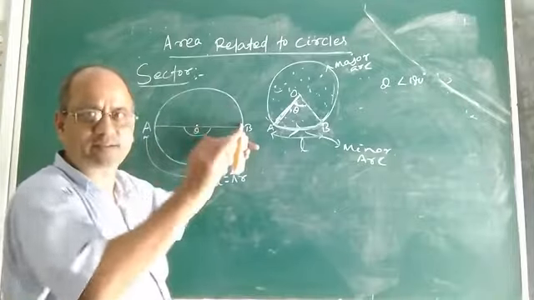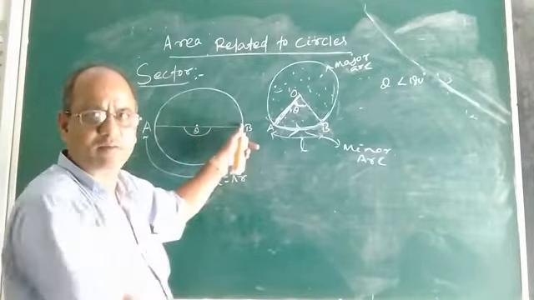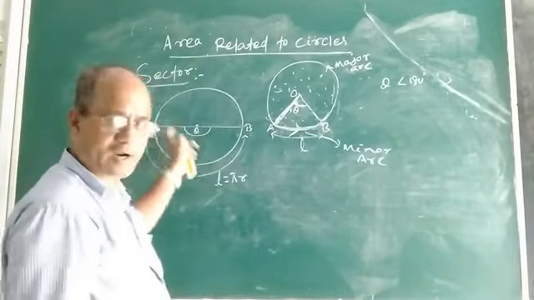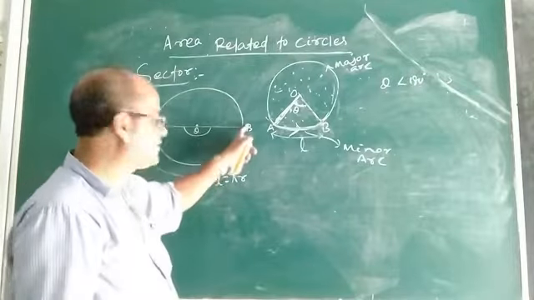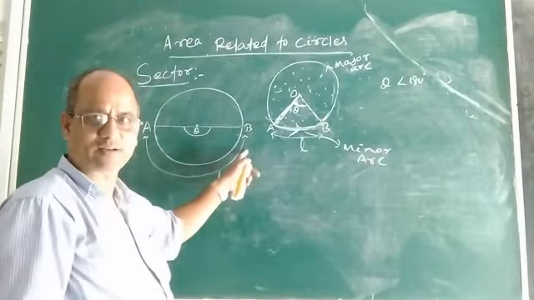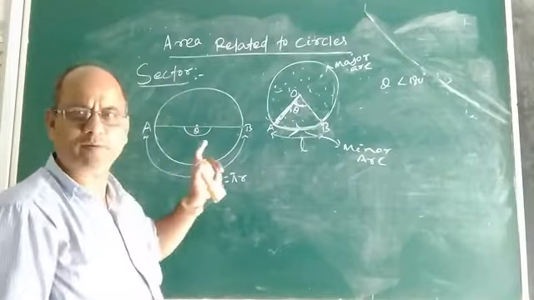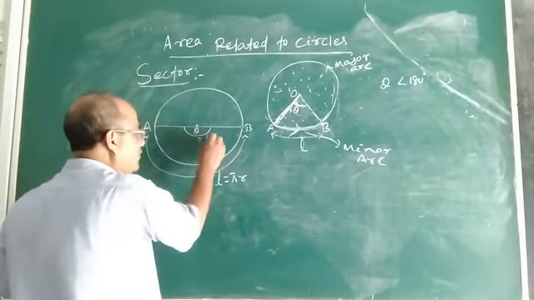You know what is a semicircle? A diameter divides a circle into two equal halves. Each half is known as a semicircle. Look at this figure. In this figure, this is a semicircle and it is also an arc. Now in this case, what will be the value of theta? No doubt theta will be 180 degrees.